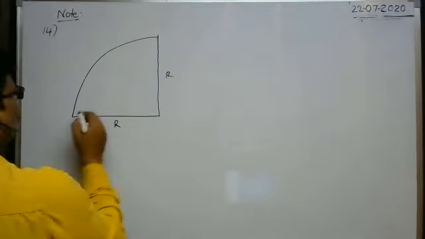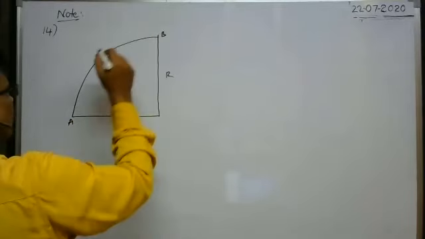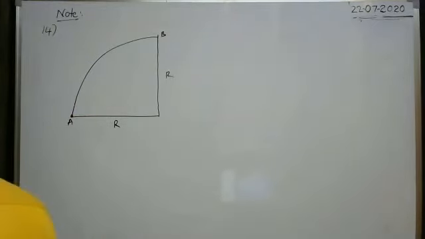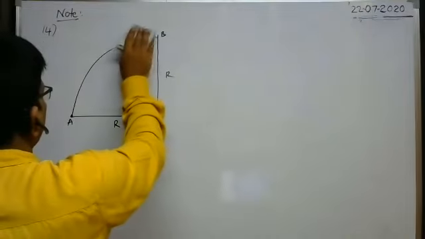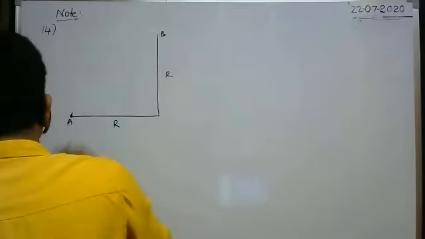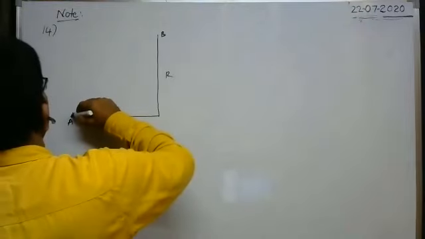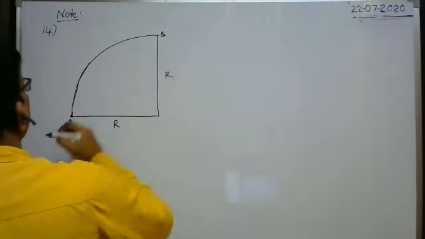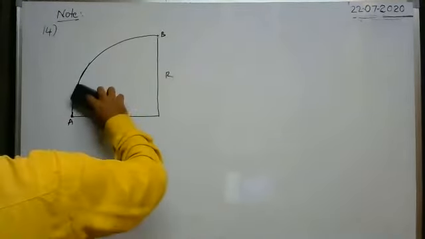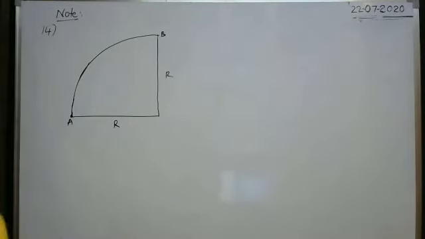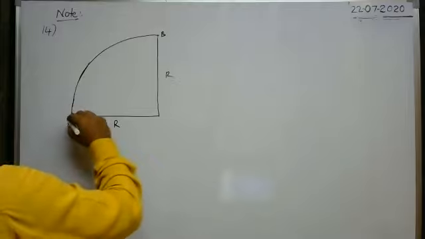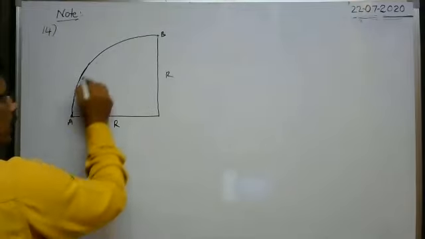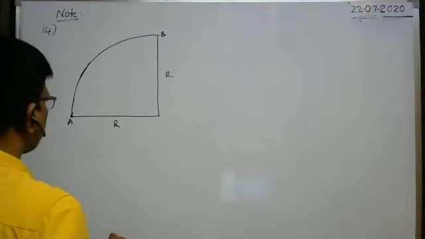capital R, from A to B, a particle is displaced by applying some force. A particle is moved from A to B along the quadrant of the circular path, of radius r. Here one particle is moving along this arc of the circle, or quadrant of the circular path. The body is moving along this path by applying forces.